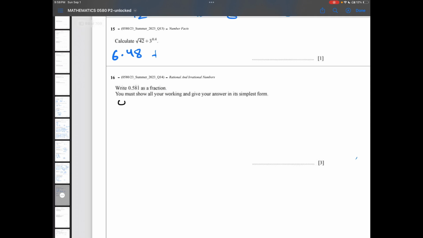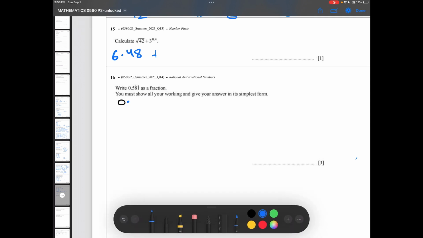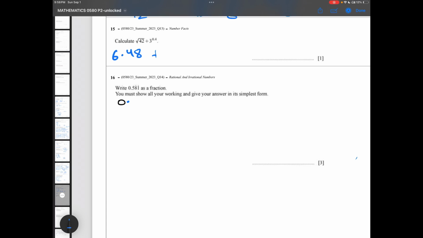So it means 0.5818181, and I told you that we will assume that this number is equal to x. We have got two recurring decimals, so this is our equation 1, and we need to multiply our equation with 100 because we have two recurring decimals, right? 8 and 1. So by multiplying with 100 I get